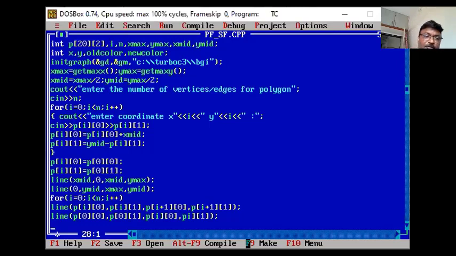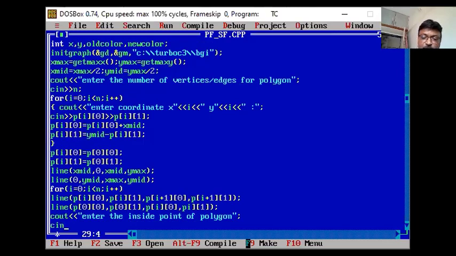So you have to read: cout, enter the inside point of polygon. First of all, you have to read the inside point of the polygon. That you have to store in x and y.